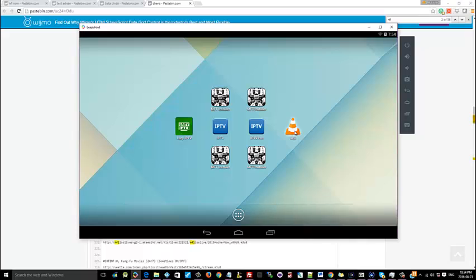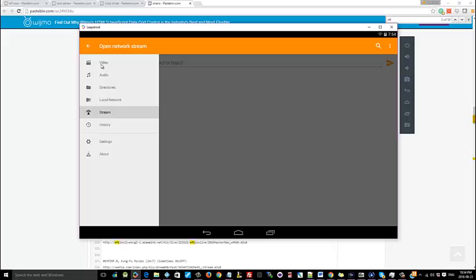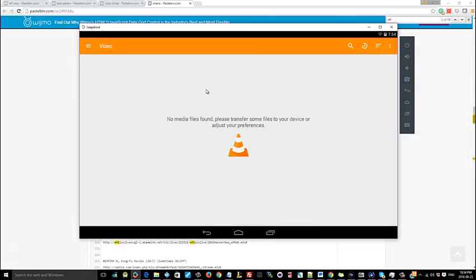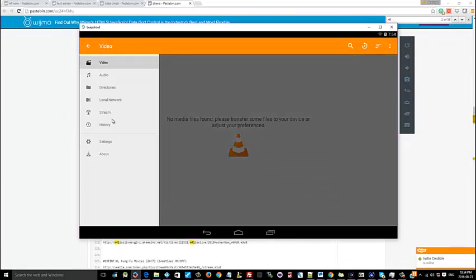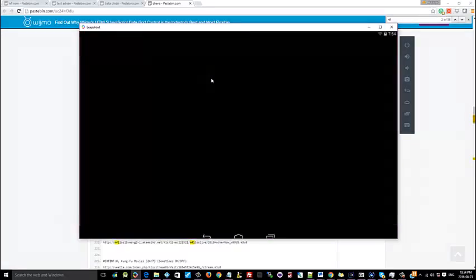So what we're going to do is we're going to go into VLC. From VLC here, you're going to have open network stream, but what normally it does, you normally come to the main page here, but either way, you're going to click on it, you're going to go to stream, and then here's the link. So you're going to click on it, you're going to drop the link that's here, and then you're going to click on play, and then generally, if everything goes good, then the channel that you want to watch is going to work.